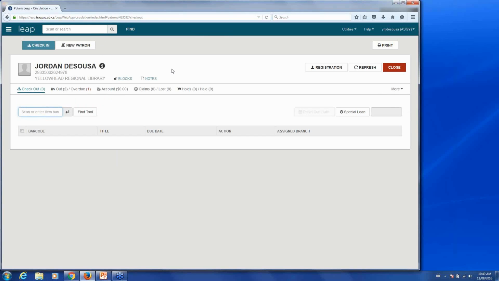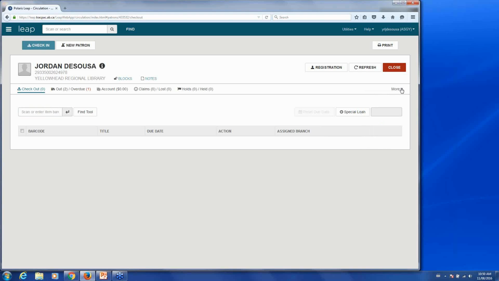And once you have the patron record pulled up, you'll notice that besides the checkout tab, all these other tabs are very similar to what you would see in the patron status work form in the desktop client. So I have items out, account, claims, holds. If I go over to more, there's reading history, association notices. So it's pretty much all the same stuff you would see in the patron status work form. So that's great if you want to see what items they have out, pay some fines, check on the status of a hold. But if you want to do something like renew a patron